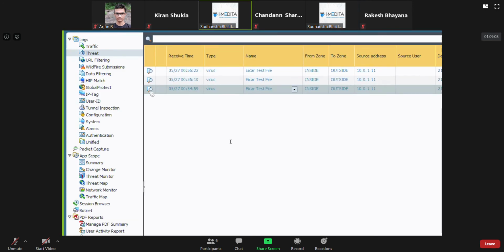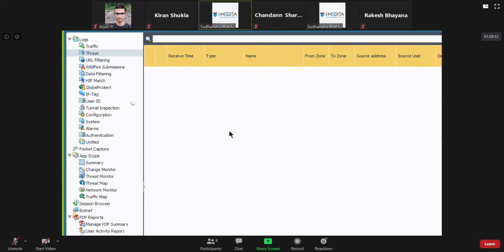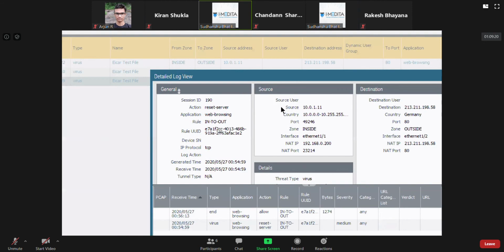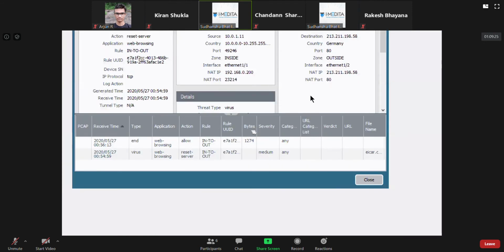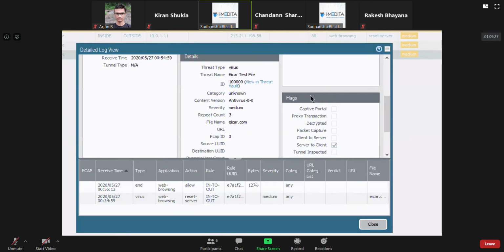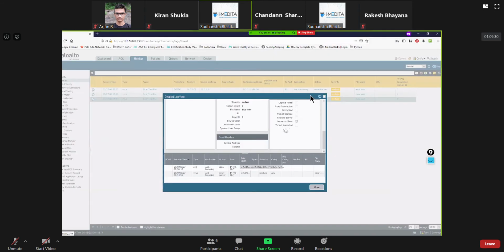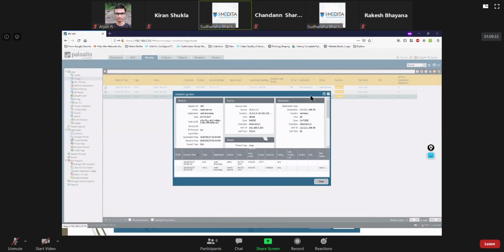I downloaded it a couple of times, that's why it generated some 3-4 logs. You can click on this link and see the details of it. So that's how to test your antivirus.